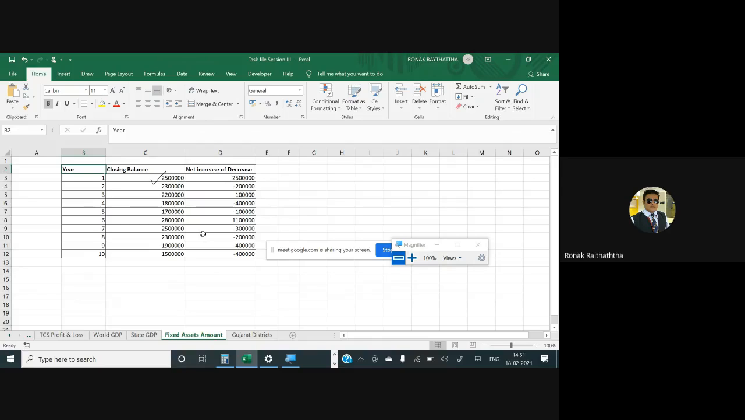Yes or no? The first year in which we have established, Mr. Mitesh, at that time the net increase would be 25 lakhs. Yes or no? Yes. After that, the closing balance reaches 23. So your net decrease would be -2. Yes or no? What's your name, girl? Shreya. Shreya. Okay. Then in the next year,